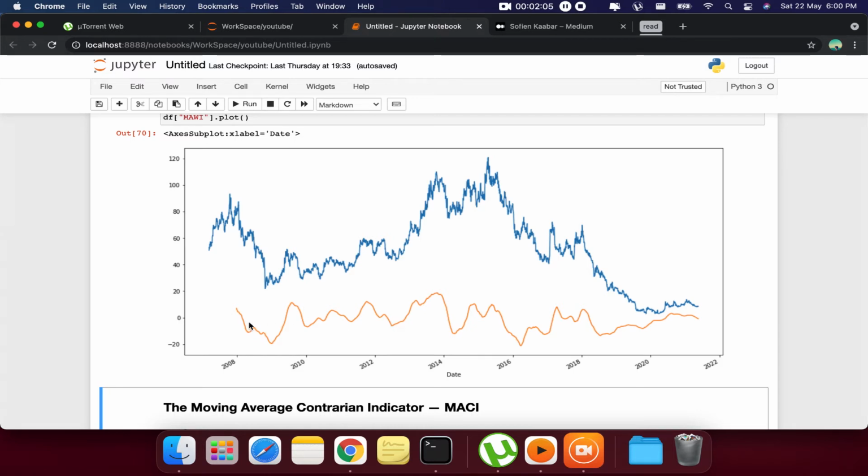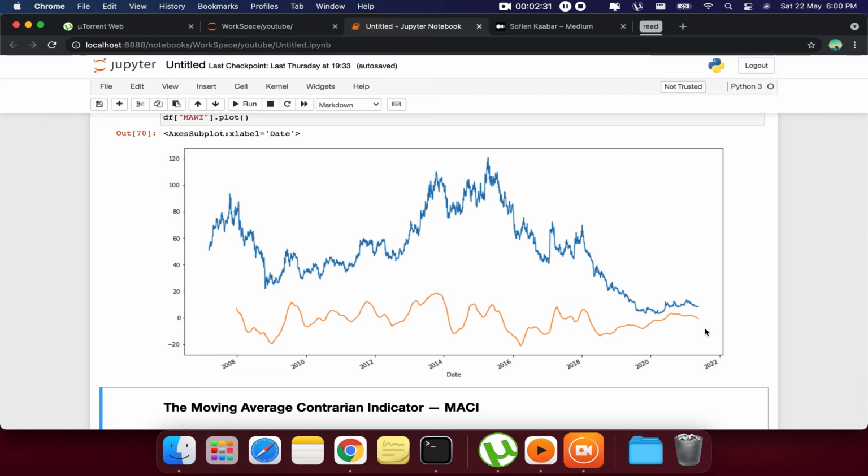Now this is capturing the trend pretty good, right? Whenever there is a uptrend, the line goes up. Whenever there is a downtrend, it goes down. Okay, almost to the extreme. So if you see, the extreme is minus 20 and plus 20 for this stock, right? So whenever there is a downtrend, it almost reaches this minus 20 limit, or whenever there is a uptrend, it almost reaches that plus 20 limit.